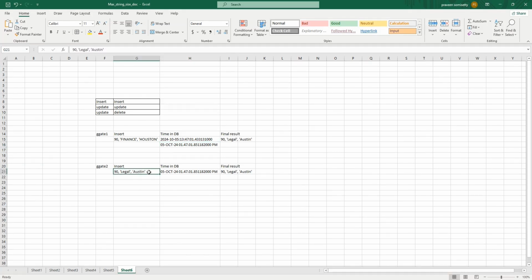So the extract here captured, and then it sent it over to GoldenGate 1, and GoldenGate 1's replicat has actually applied the 90 Legal Austin on the GoldenGate 1 side. So it mentions that this conflict has been won on the GoldenGate 1 side because the replicat is applied on GoldenGate 1. However, on the GoldenGate 2 side,